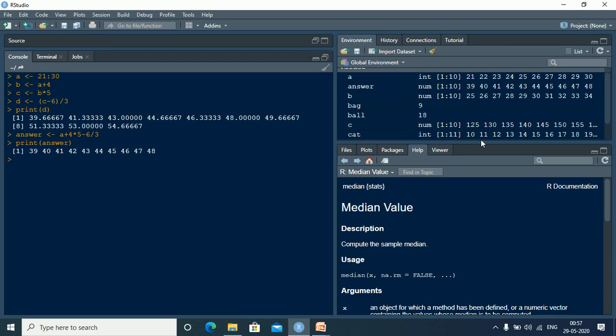Now if we want to print the result which should be equivalent to what we got in the previous step, what we got in D, we want the same kind of results to be printed. So in that case, certain operations have to be carried out first.